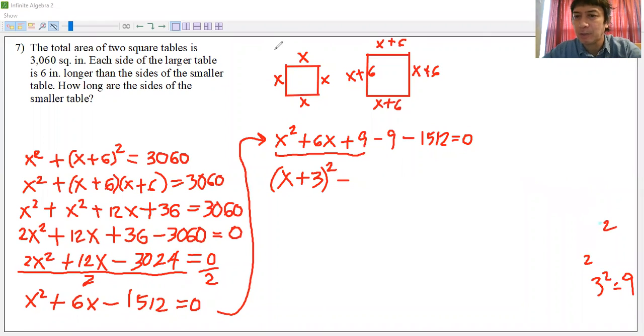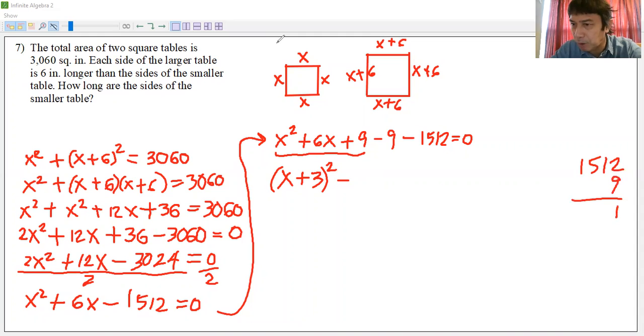All right, that will be combined. The 9 and the 1512 will now be added. They are both negatives. So this will now be 11, carry 1, that will be 21, and we have 1521, okay? So that's minus 1521 equals 0. All right, how about that? It's going simpler. We're going to add 1521 to both sides.